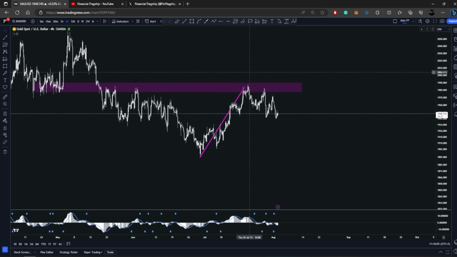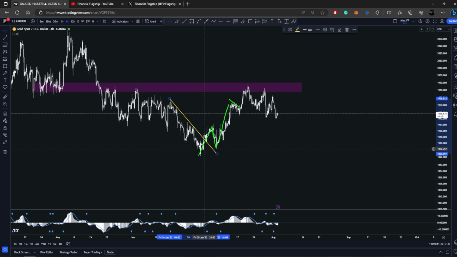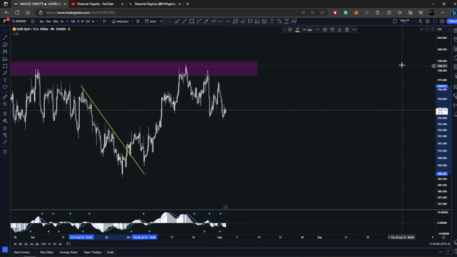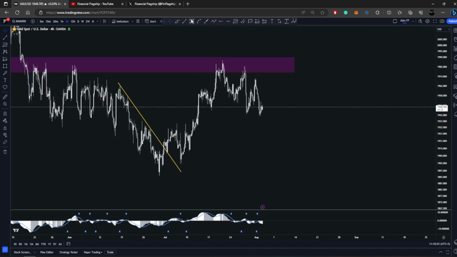We had this impulse, which broke out of this trend line on the 4 hours. We had a breakout, pullback, and then a strong move towards the upside, followed by a flag, another wave up, and then the price found resistance around this level, like I said. So this consolidation here that it is forming, in our opinion, is preparing the price for another push towards the upside. The only thing that we need to watch here is an important level, which is this one that I'm